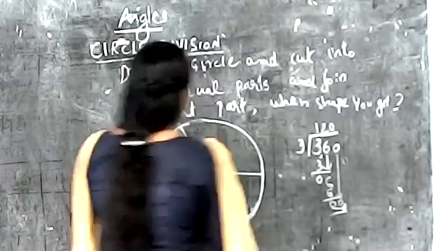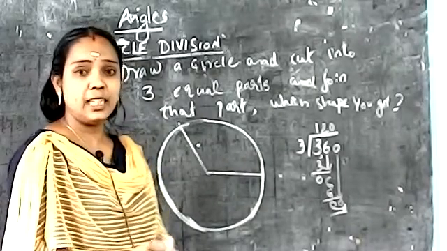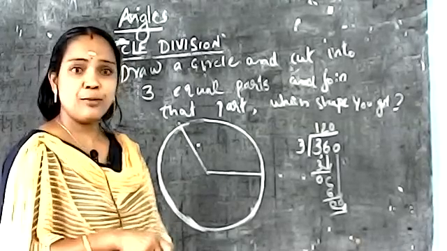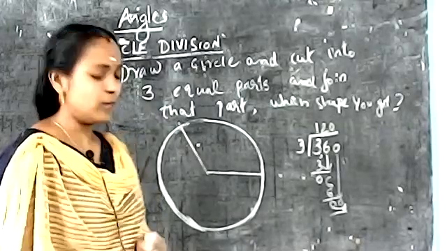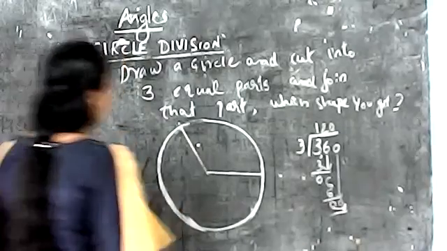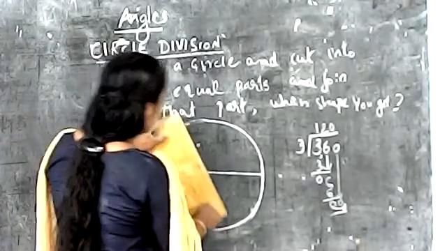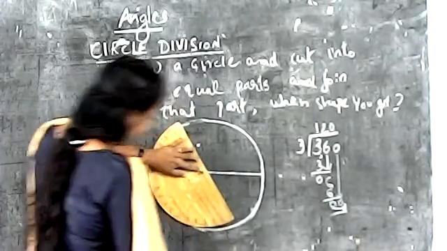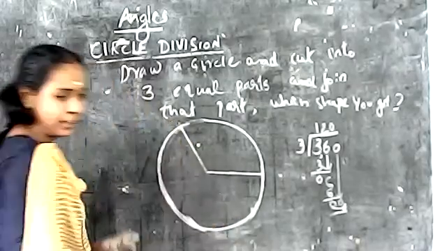Okay. Now one angle is given. What is the measure of that angle? 120 degrees. Which type of angle is that? Above 90 or below 90? Above 90. Next one. Now you got another new radius. Put that radius on your protractor and again find the 120 on the inner scale.